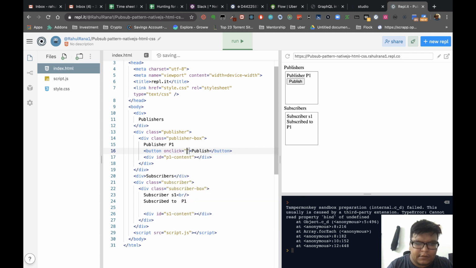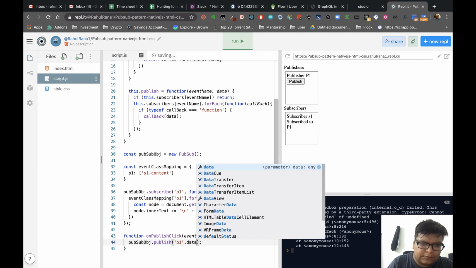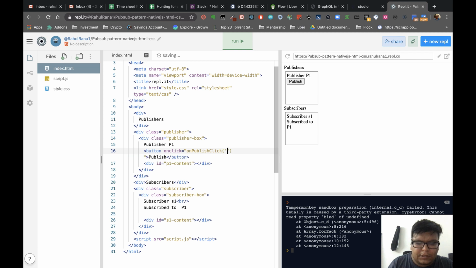Okay, right. So now if you see, we actually need the event name, and we should receive data too. So here you can mention p1, you can mention the data.